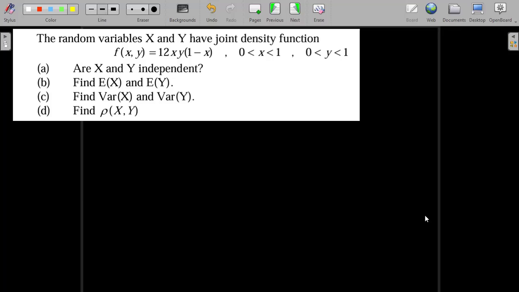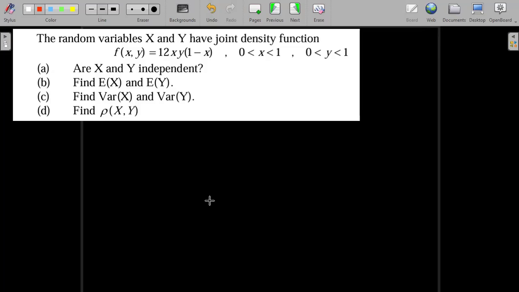Welcome to this video. In this lesson, we are going to look at joint density functions. We're going to learn how to prove if two random variables X and Y are independent. And then we're also going to look at how to find the expected values of the single variables, let's say expected of X, expected of Y, as well as the variance of X and the variance of Y. And then we're also going to learn how to find the correlation coefficient between